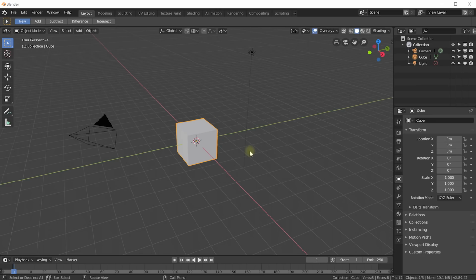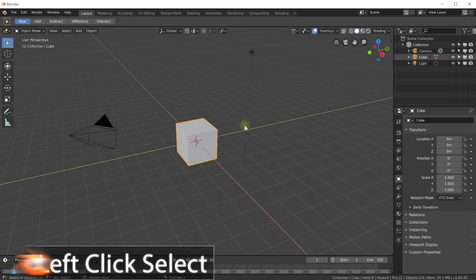Comparison, this is Blender 2.80. Things have moved around considerably. Obviously, I have a different theme. I have a darker theme, which shouldn't throw you off too much. But the biggest thing that has changed, if you're coming from Blender 2.79, is that you're now selecting with your